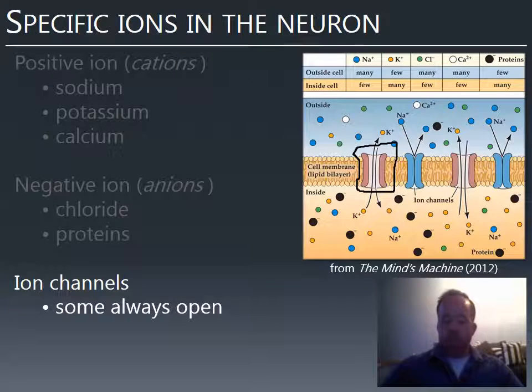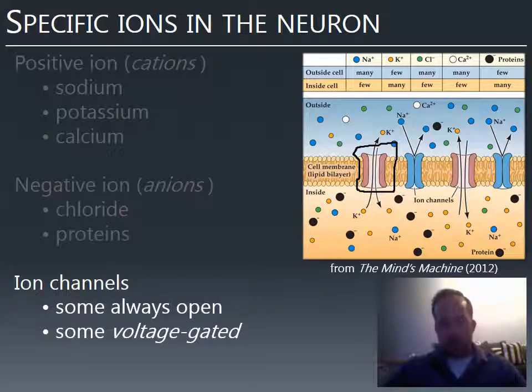So some of these channels are always open, but as we'll see, some are what are called voltage gated. What does that mean? Well, it sounds fancy, but all that means is they're closed until the difference between the inside and outside charge of the neuron is sufficient to open the channel. And then it's open for a little while, and then it closes again. So it just means that it's not always open. It depends on the context. And we'll see this is very important because action potentials aren't always firing in a neuron. They're selective. And in fact, action potentials only exist because of voltage-gated channels.